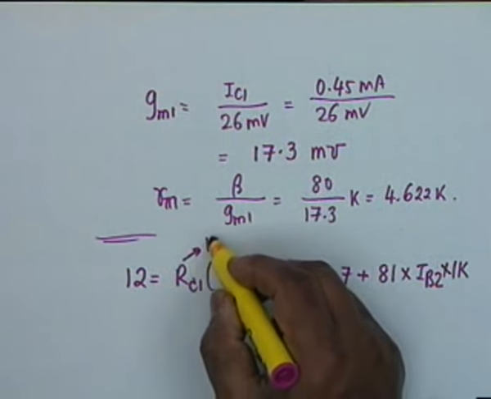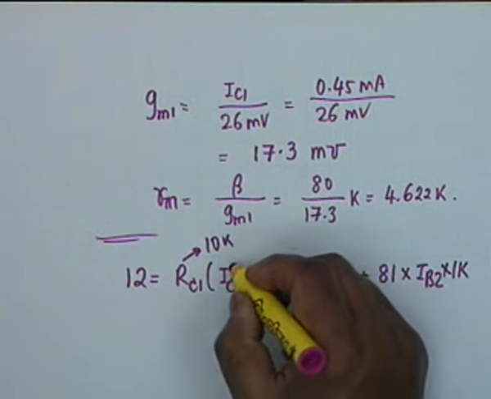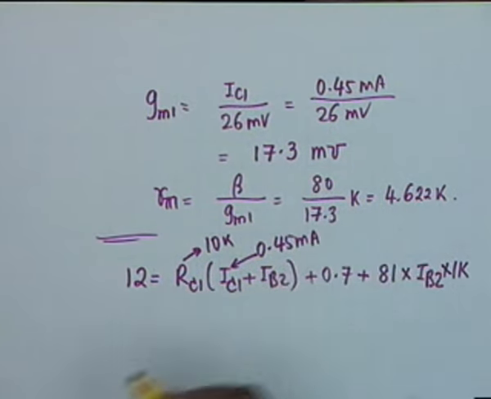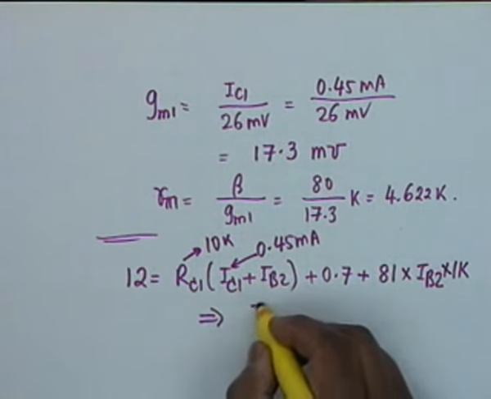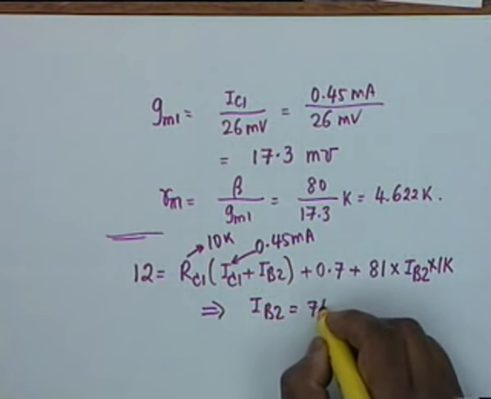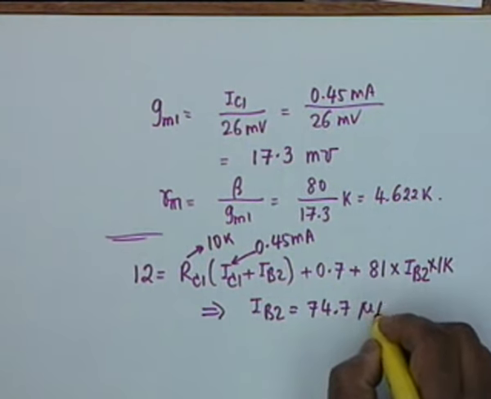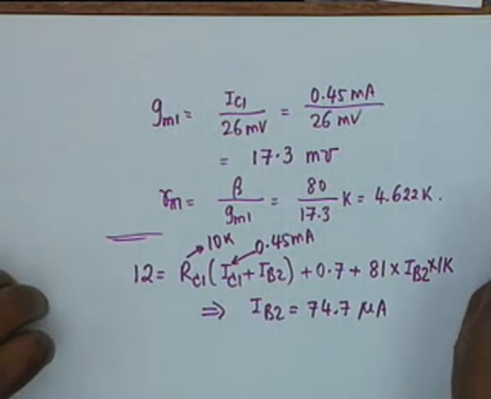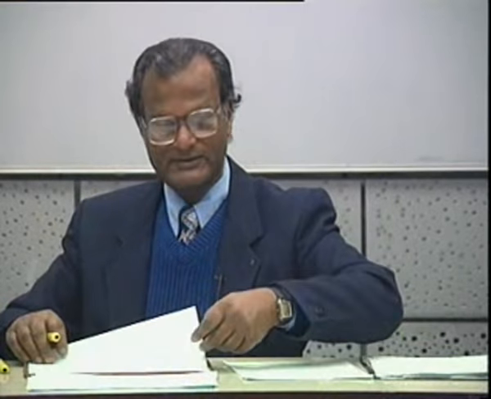Actually, I should have substituted values. RC1 is 10K. IC1 we have already found out, 0.45 milliamps approximately. Therefore, everything is known in this equation, and I get IB2 as equal to 74.7 microamps. And if IB2 is 74.7, obviously IC2